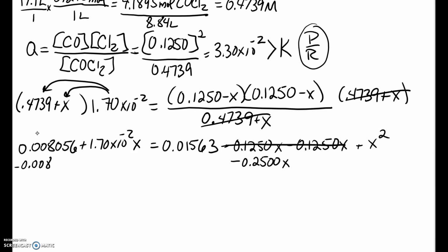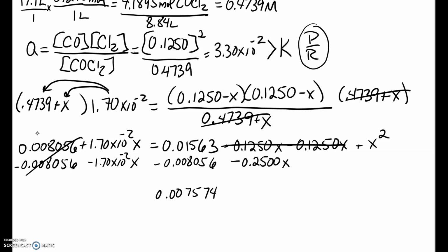So we're going to subtract the 0.008056 from the 0.01563, and that's 0.007574. Now I'm going to subtract 1.70 times 10 to the negative 2x from the x term, and I end up with a negative 0.267x